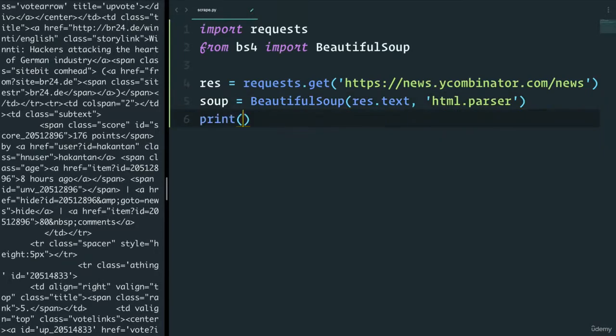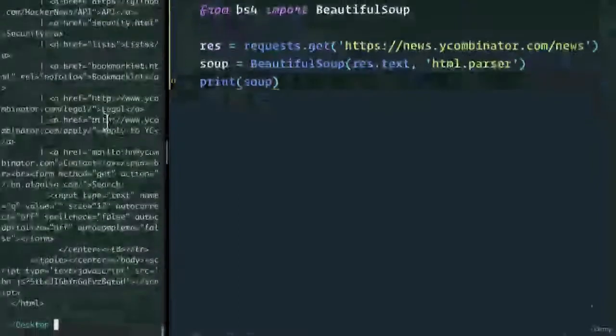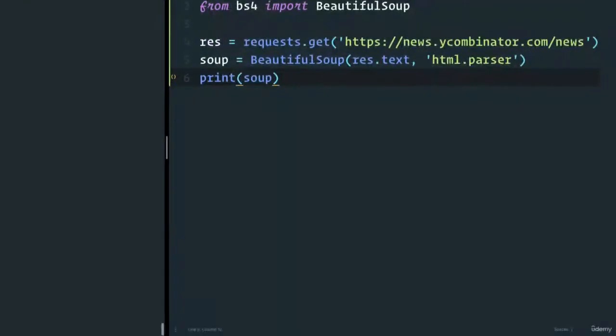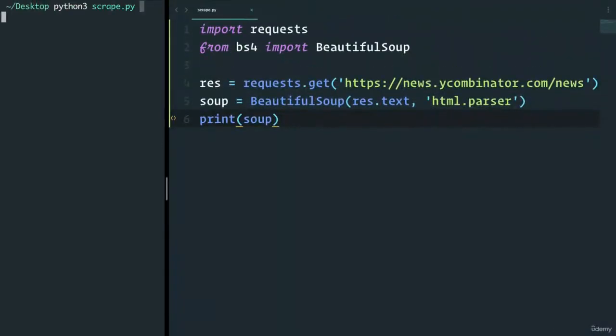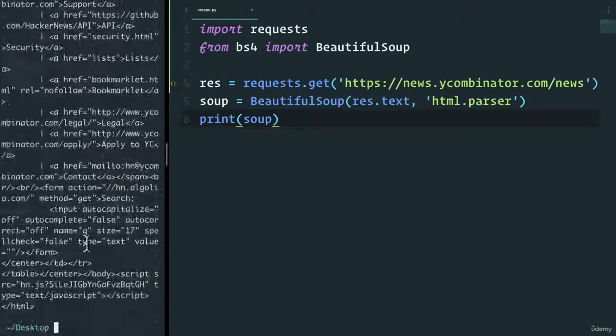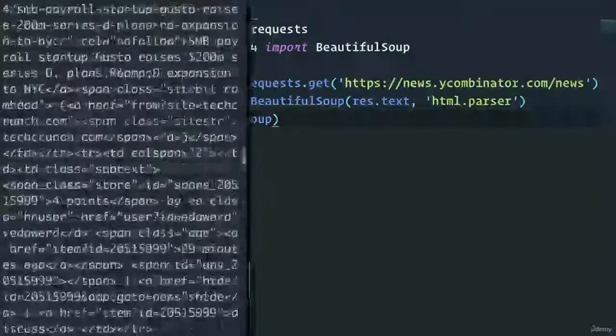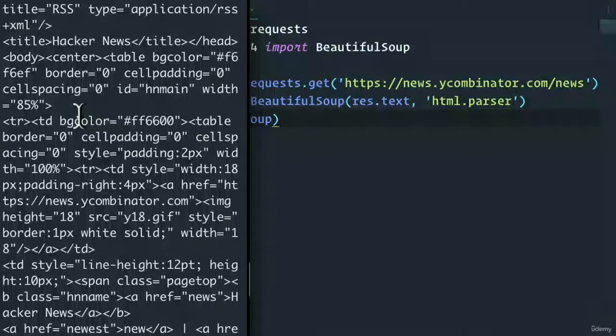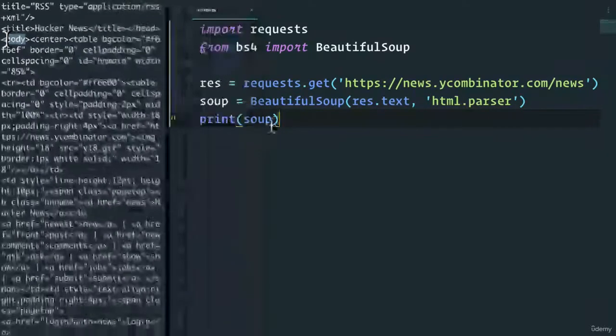If I print here the soup object that we just created, and let's go all the way down here. Let's clear this for now and run our Python code again, scrape.py. All right, we see here that we got the soup object. It's actually a little bit cleaner. It's no longer a string. You see here that it's in full HTML. We have the title, we have the head, we have the body tag. So we can actually manipulate this as if it's, well, a Python object. So for example, I can do